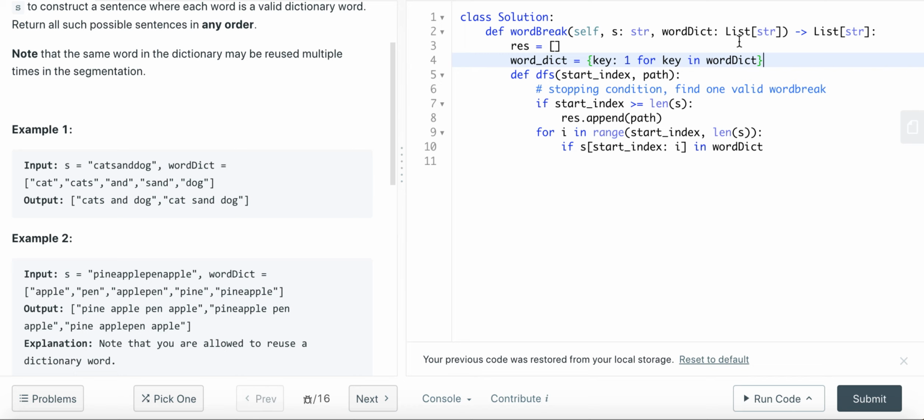So I'm trying to convert the input word dictionary from a list to a dictionary. The reason why is if I want to check if any substring is inside this word dictionary, I can, using the dictionary, just check that in O(1) operation. So in that case, if the